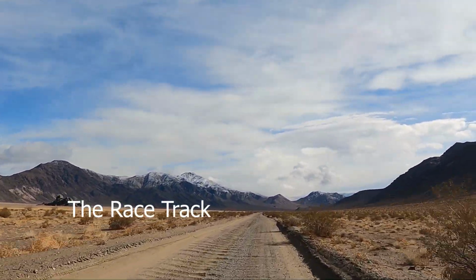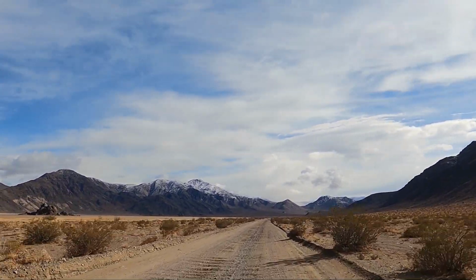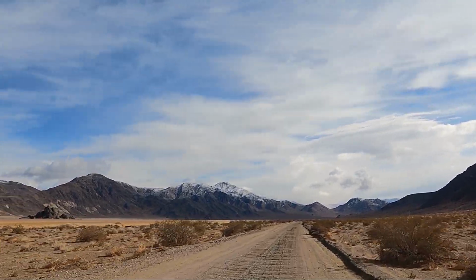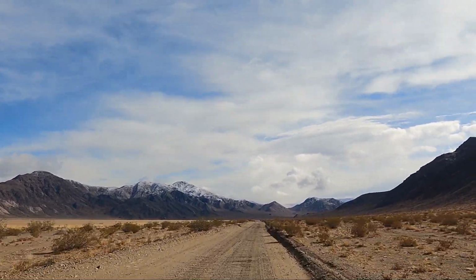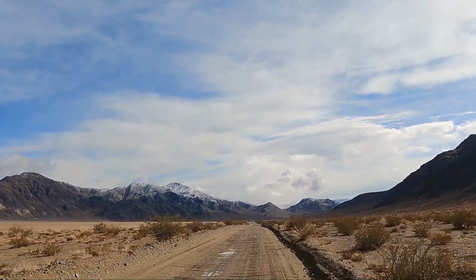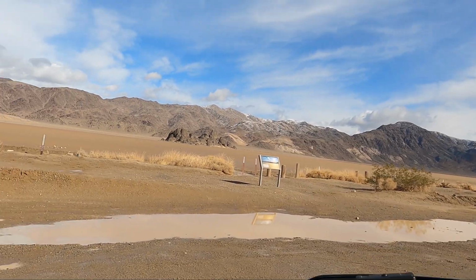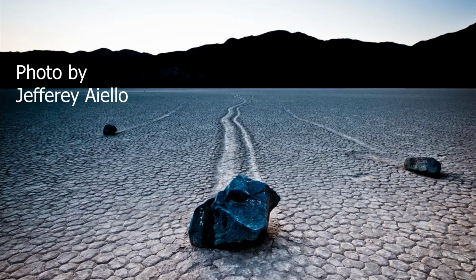The big attraction for me to come to the racetrack under these conditions is because a combination of snow, water, ice, and wind is what creates this playa's famous and mysterious rock movements, and I believe that's why it's called the racetrack. There were several theories for how these rocks moved, but only as recent as December of 2013, scientists were able to witness and confirm the most accepted theory, that this is a natural occurrence due to a combination